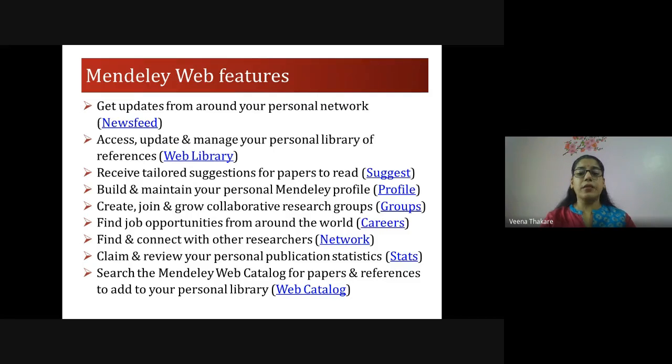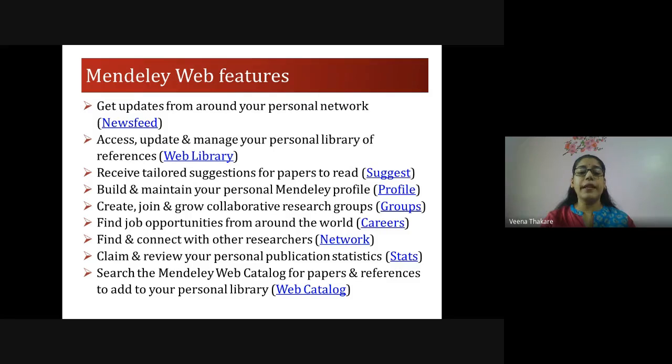Then you can build and maintain your personal profile. You can have this social connect with other researchers by creating and joining collaborative research groups. As I said previously, you can find various job opportunities from around the world in the careers option.